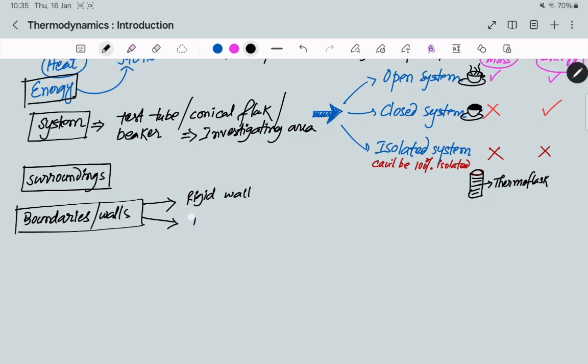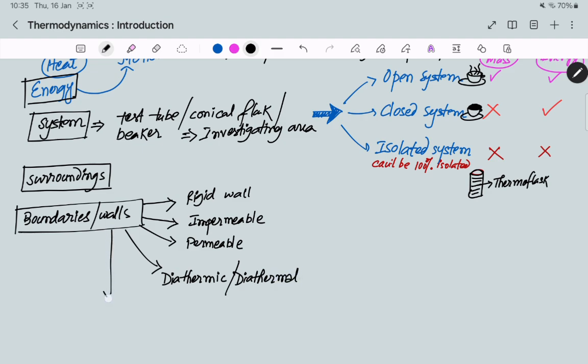Then the second one will be impermeable. Third one will be permeable. At first write down, then I am explaining. Then it will be diathermic or diathermal. And next it will be adiabatic. Okay,